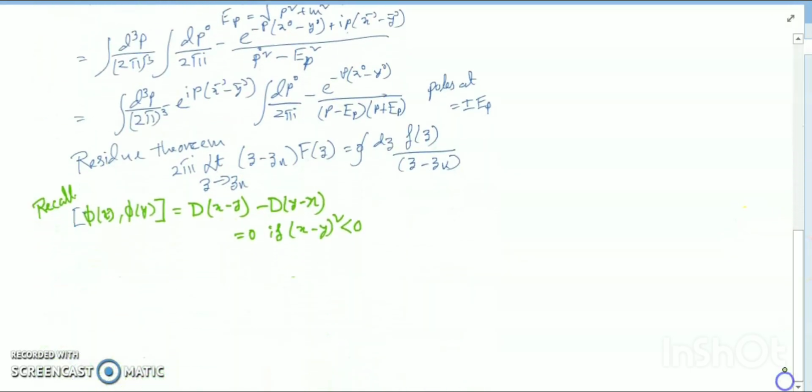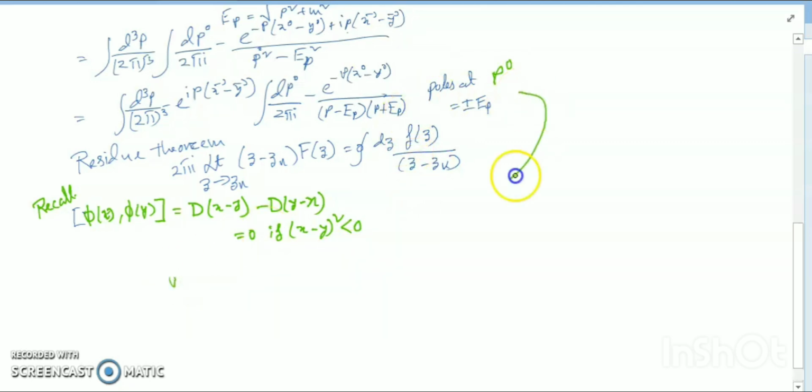This is my work, and now I will go to the Feynman property. The residue of the pole p0 equals to this. And now you have to remember that